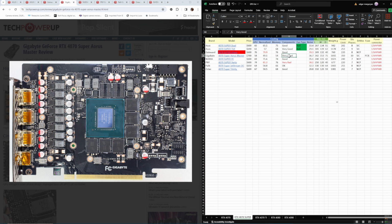So it's getting the very good rating, and also you can see the result of it on the temperatures: 58 on the core, 54 on the memory. It's running a little bit noisy, but again, as we have headroom in the temperature, we can tweak it with MSI Afterburner to around 32 dB, and maybe the temperature will rise to 62, 64, which is pretty good temperatures for this card. But again, the price, $700,